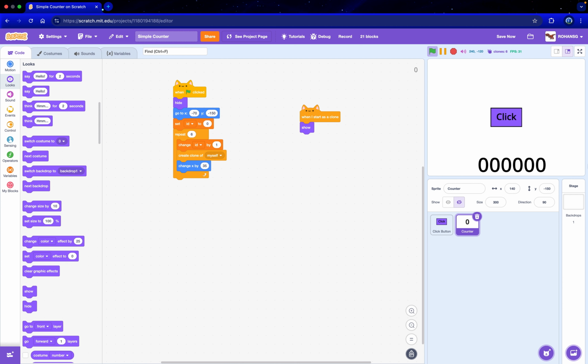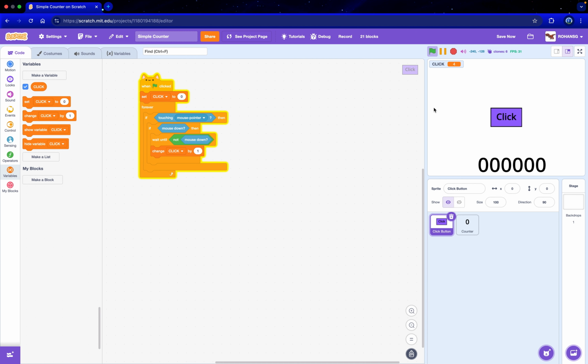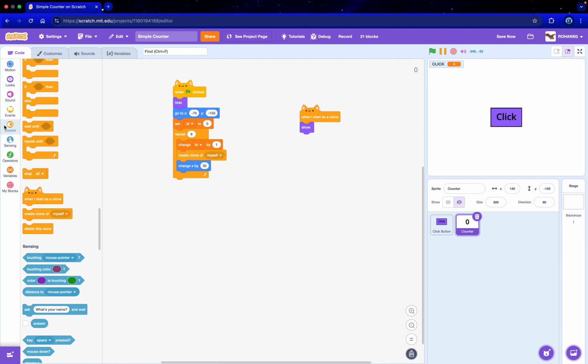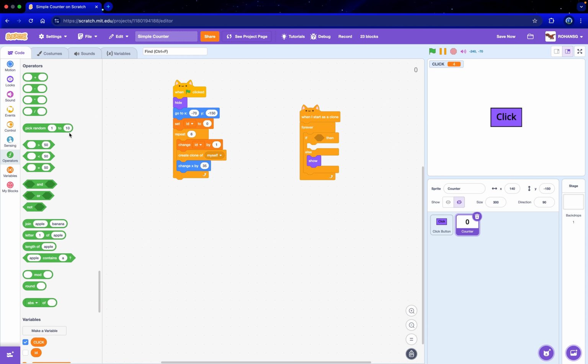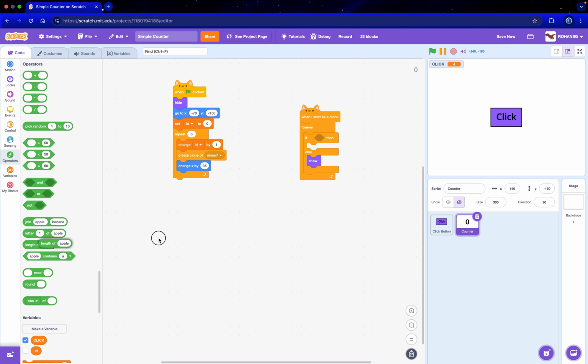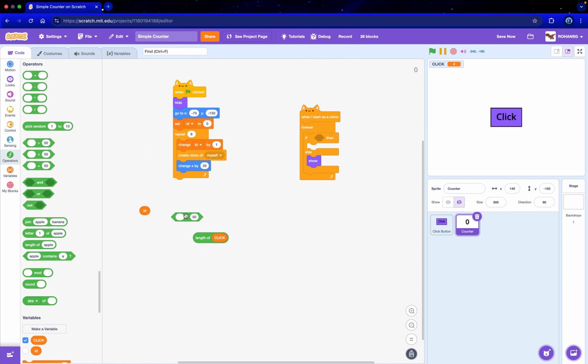Now if we run it, we get these 6 zeros, but we want it to match this variable so that these zeros are incremented. So what we're going to do is check if the length of click is greater than the ID. If ID is greater than the length of click,